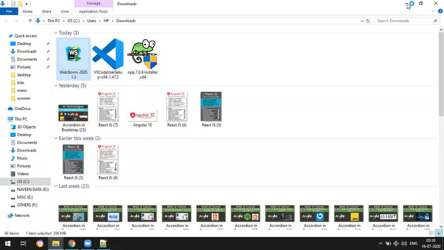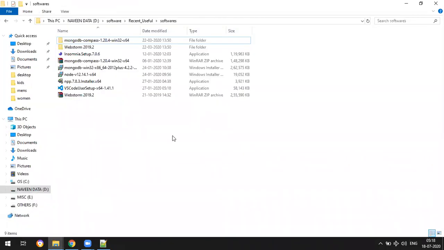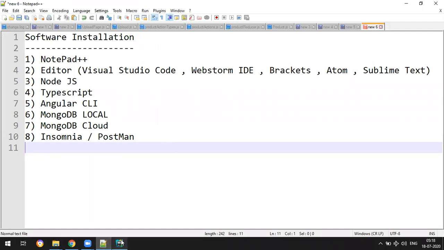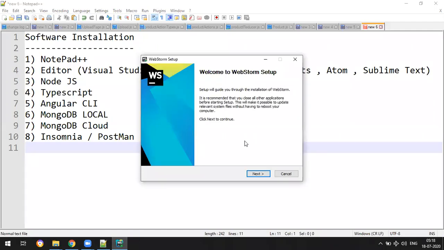You get the installation permission. You can just click on yes, and you get this setup wizard.